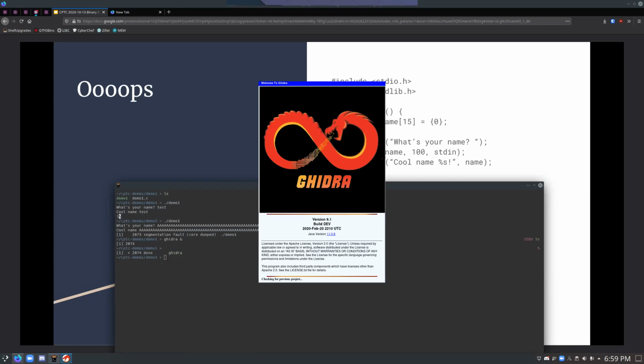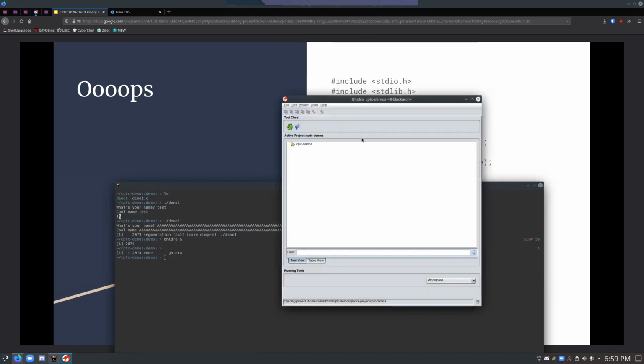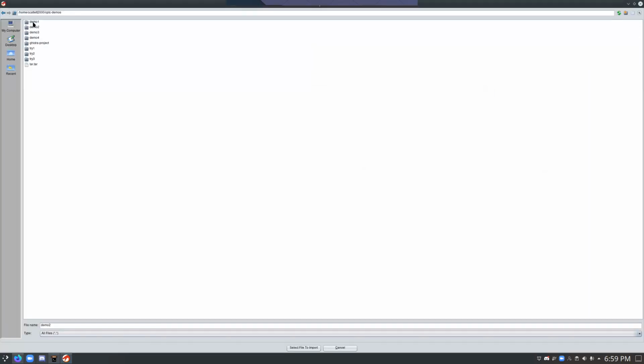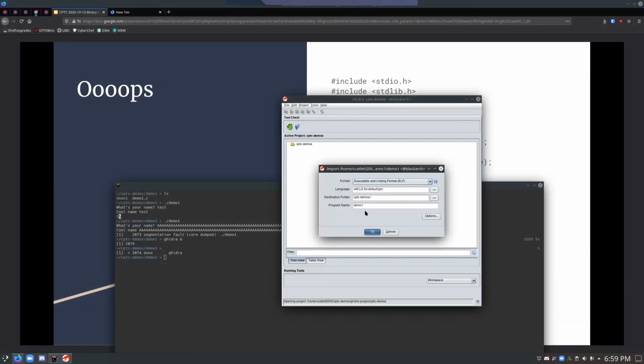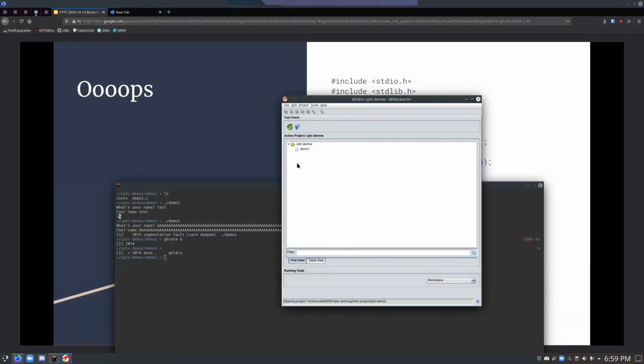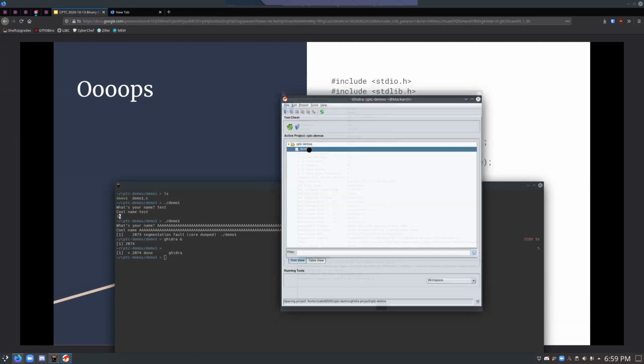So Ghidra is actually a tool that allows you to disassemble executables. So I'm going to start it up. I've already created a project. The first time you start it up, it'll ask you to create a project. It's really easy. You just make a folder. And then I'm going to import a file, and I'm going to import this executable into Ghidra. And then it should default to all the right settings, and then import it in, and then I'll open it up inside Ghidra's disassembler, and we'll be able to see what the